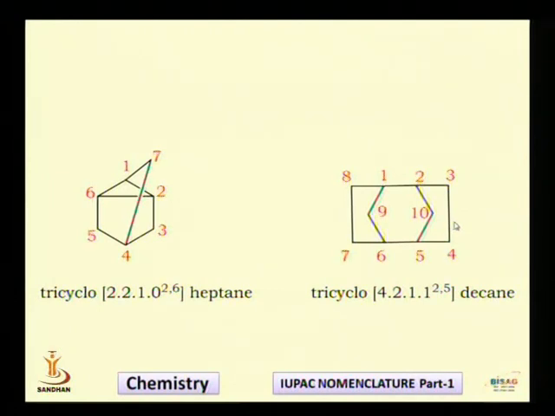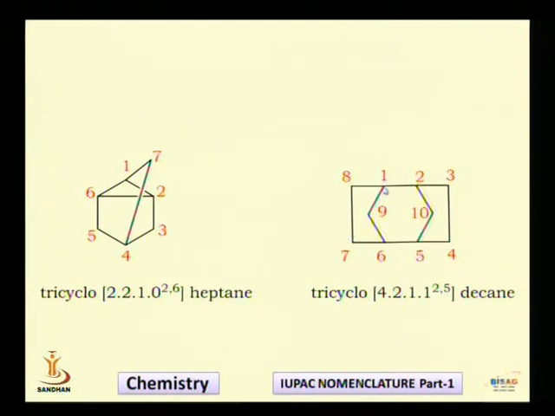And as it needs the breaking of 3 bonds, we call it a tricyclic system. And when the system is tricyclic, the prefix will obviously be tricyclo. So put the prefix tricyclo because the system is tricyclic. Then you start the numbering. So I have done the numbering 1, 2, 3, 4, 5, 6, 7 and 8. So this is forming a main cycle. This is my main cycle.